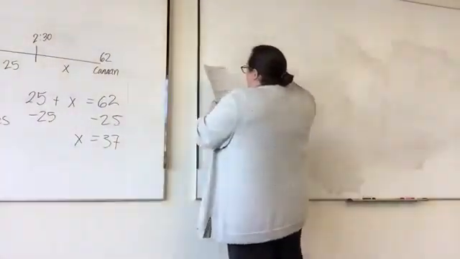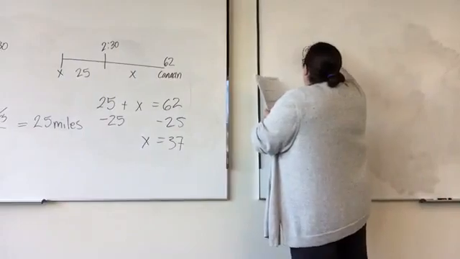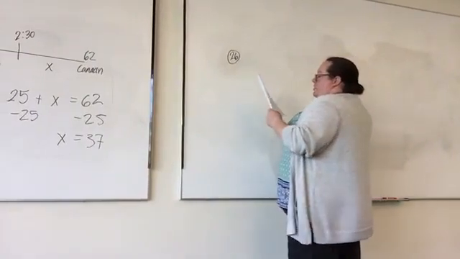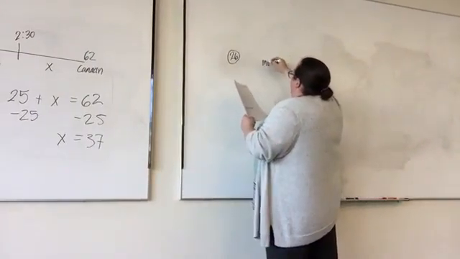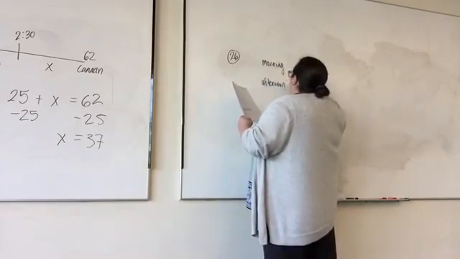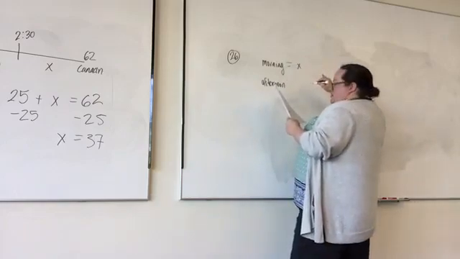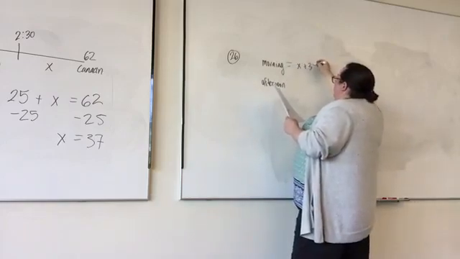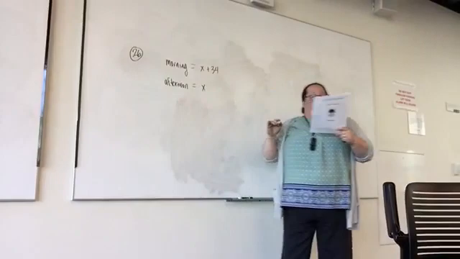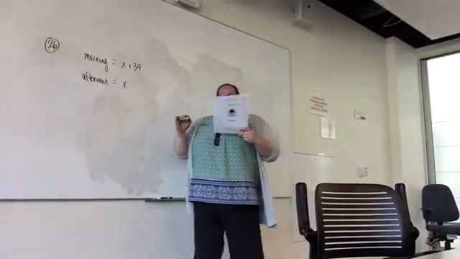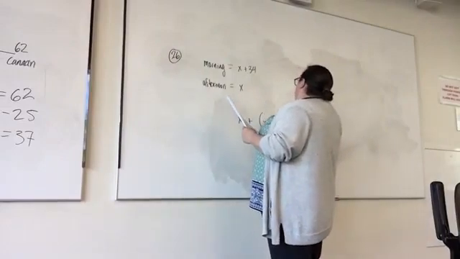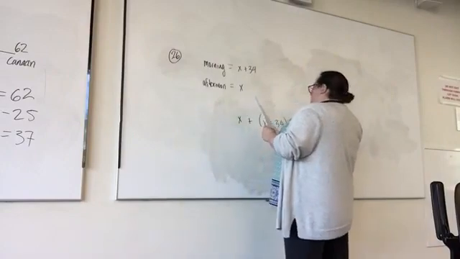Kaiko spent the day watching birds and counted 34 more birds in the morning than in the afternoon. So morning, afternoon. So the morning is x plus 34. The afternoon is just x. So 34 more birds in the morning than in the afternoon. She counted a total of 76 birds. So x plus 34 is equal to